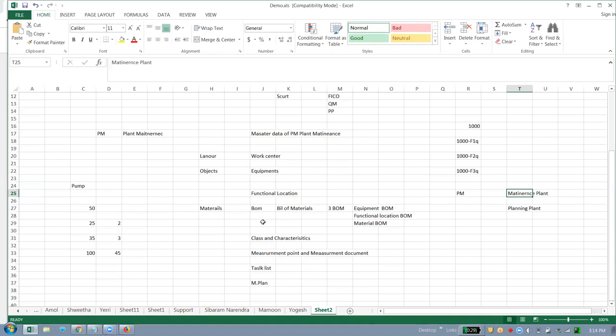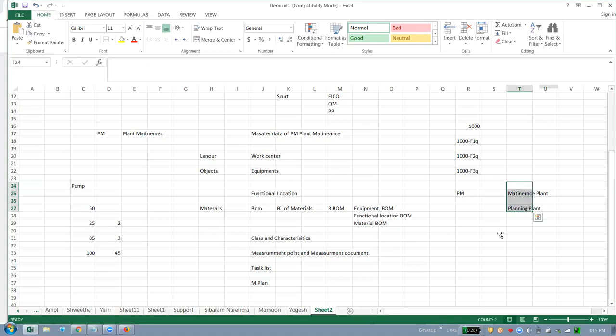So mostly your objects will be set up in your maintenance plant. What is a planning plant? I can say the maintenance plant is the mother, the planning plant is the father. The planning plant is virtual, in the back end. It won't be in the front end, it exists only in the system. It won't be in the original world. The maintenance plant will be in the original world.